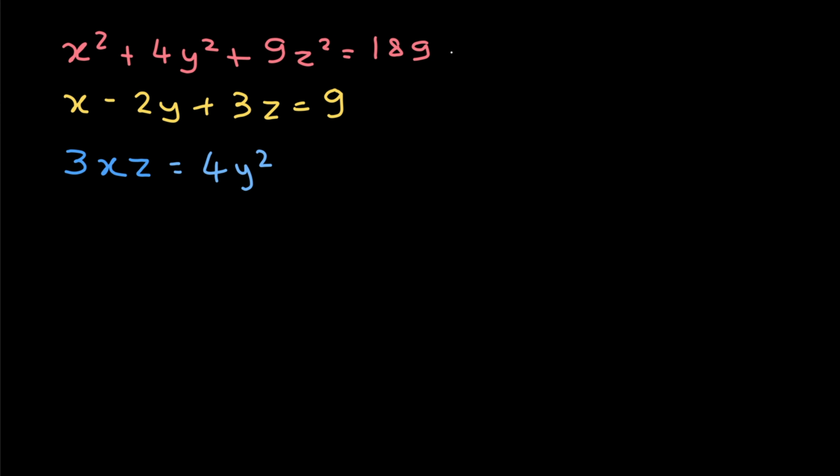So today we have a nice algebraic system of equations. The first equation is x squared plus 4y squared plus 9z squared equals 189. The second equation is x minus 2y plus 3z equals 9. And the third equation is 3xz equals 4y squared. Now the question is to find the values of x, y and z in the real plane which satisfy these